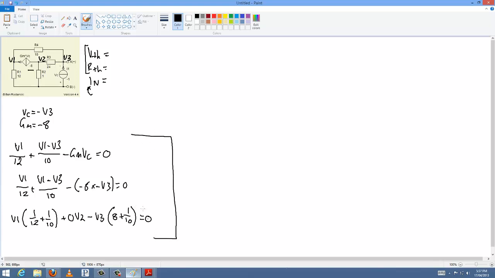For our V2, we have V2 on 1, nice and easy, plus V2 minus V3 on 24, and our voltage controlled current source is going away, so we plus negative 8 times negative V3 equals 0. V2 1 plus 1 on 24